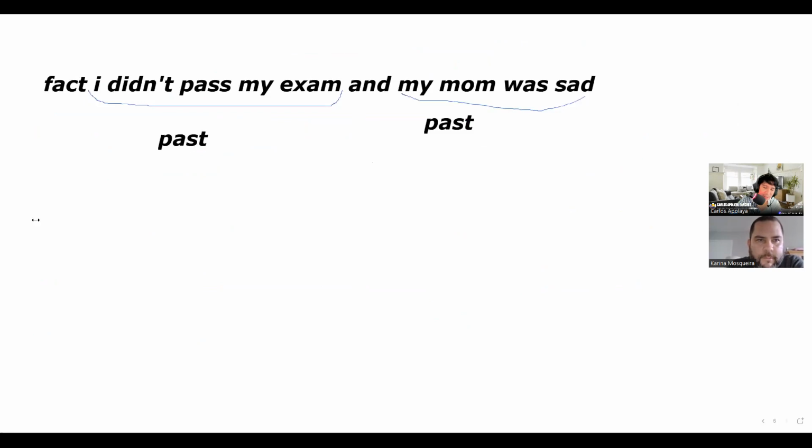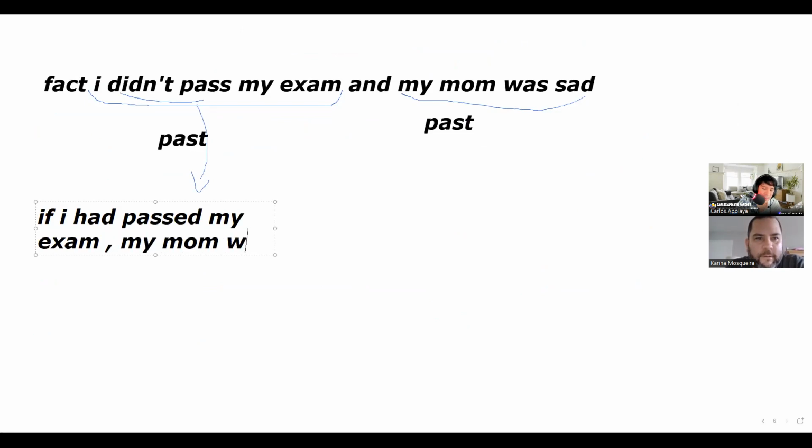So when you have this, you have to use back shift. Do you remember the back shift? If you have the present, what do we use here in an if? In past. If we have the past, what do we use? Past perfect. So it would be like: if affirmative, if I had passed my exam,